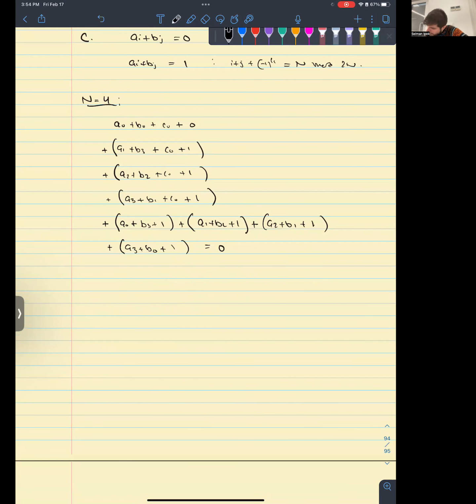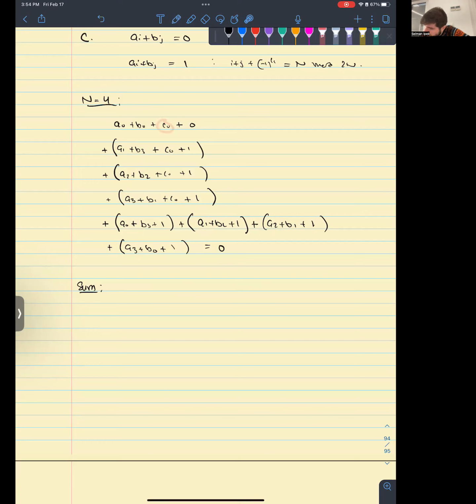So when you add it all up, if I take the sum of this, what happens? I can just observe that some things are going to show up twice. A1 here shows up here, and then it shows up here. A2 shows up once here and once here. So I have the two sets of equations, and each of the values shows up once each time. So I get something that looks like